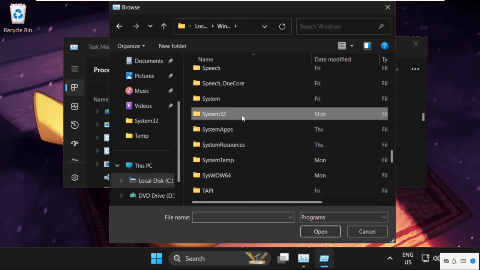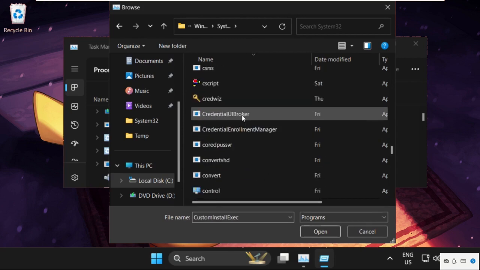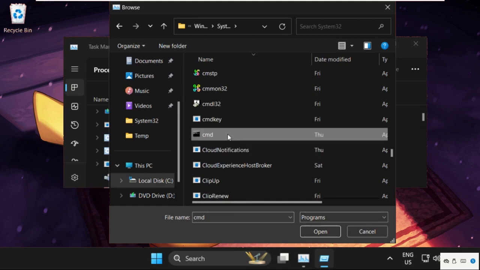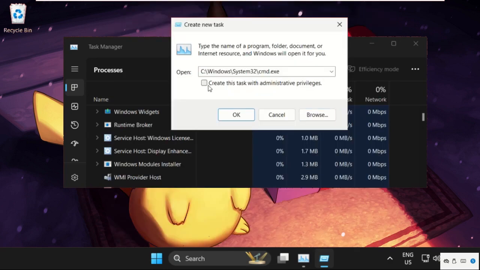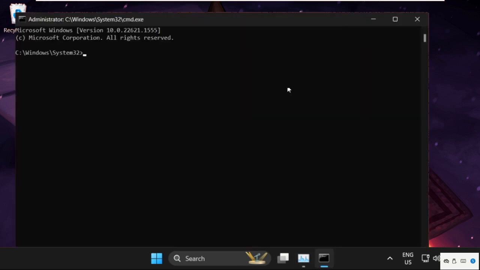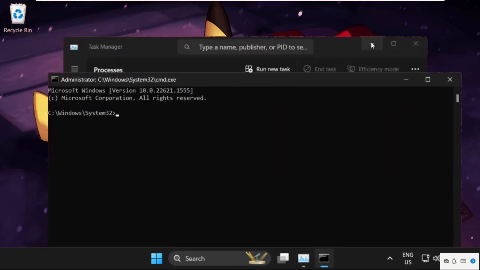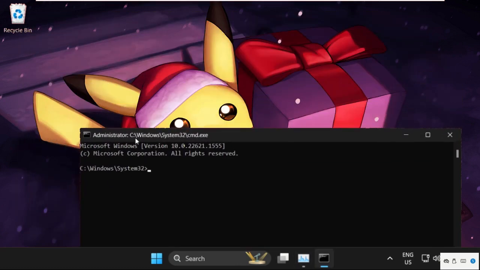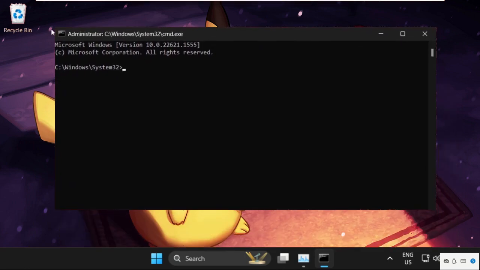Just double click on it to open it, and then find the cmd file, select it and click on Open. Now check this box and click on OK. And once we are here, we need to execute some commands, so type all these commands here and hit enter